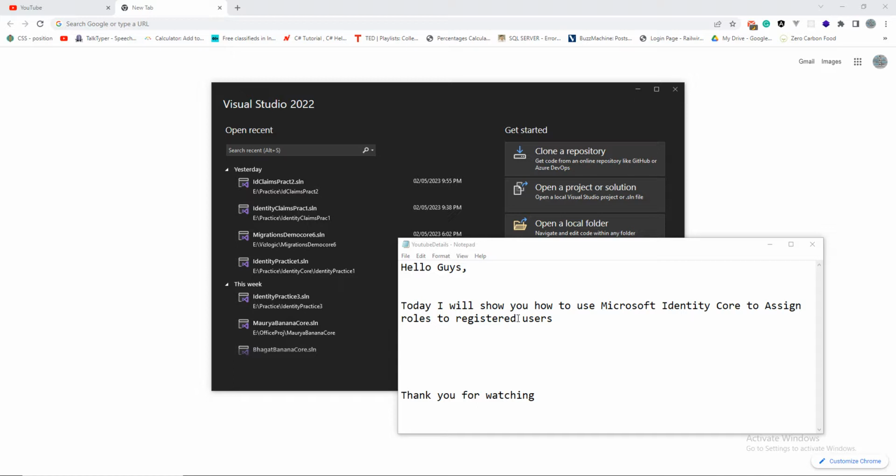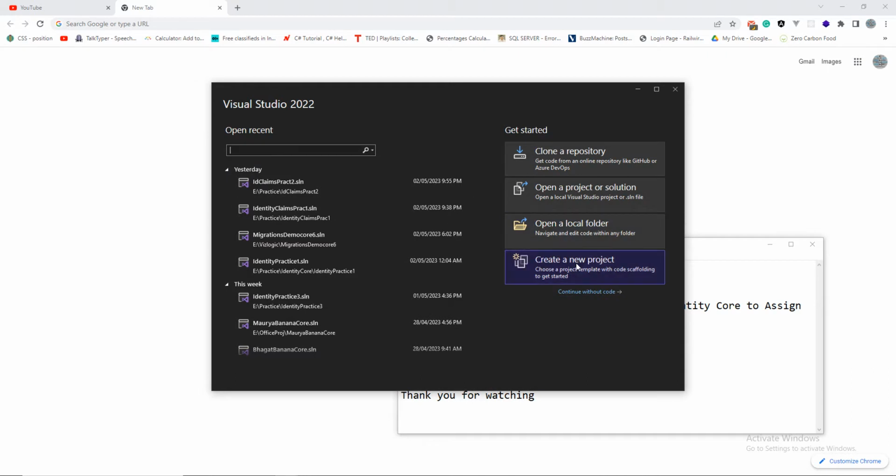Hello guys, today I'm going to show you how to use Microsoft Identity Core to assign roles to registered users, or you can say this is like role-based authentication. Okay, so let's begin. I'm using Visual Studio 2022